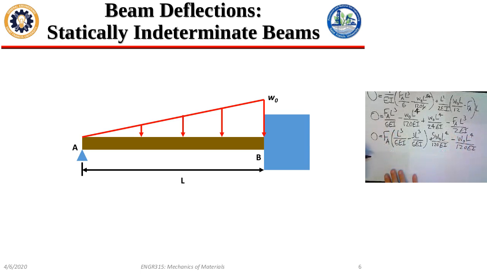So I can solve this guy down and say 0 equals FA times L cubed over 3 EI plus 4 W naught L to the fourth over 120 EI. So that should simplify down to, I think,